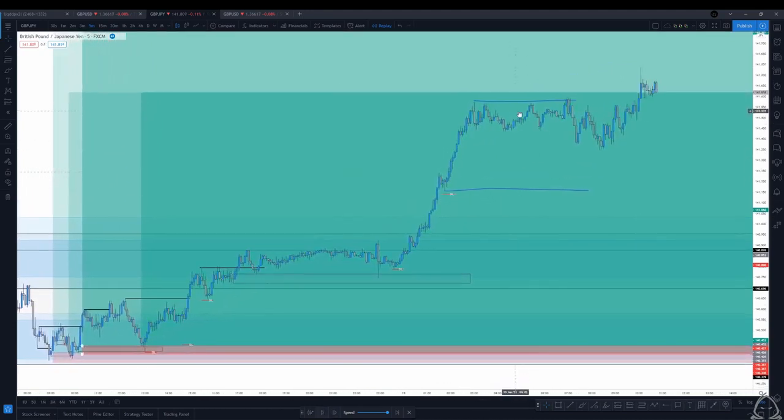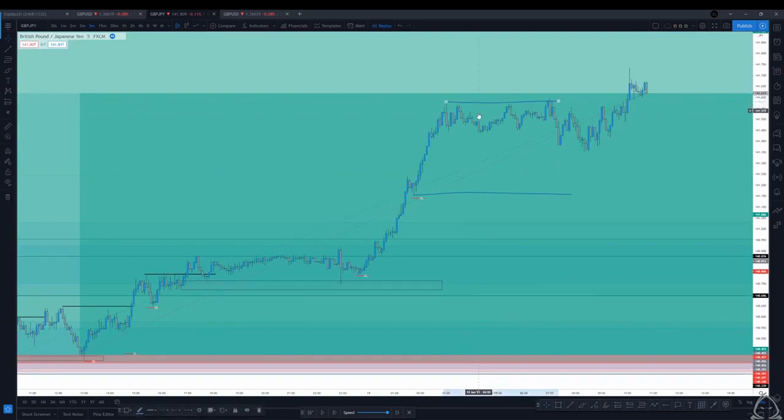And what we can see is we've more or less ranged. This is the London session into New York. New York opens just about right here. We can see that we've finally broken these equal highs right here. And now that we've taken that liquidity, that tells me that I'm going to want to manage my trade,